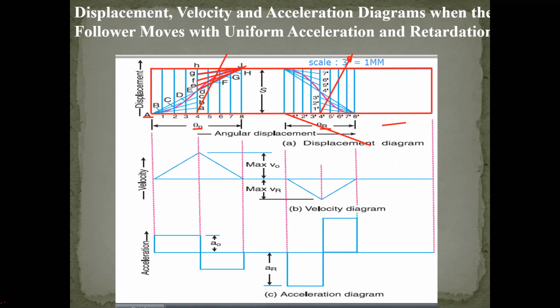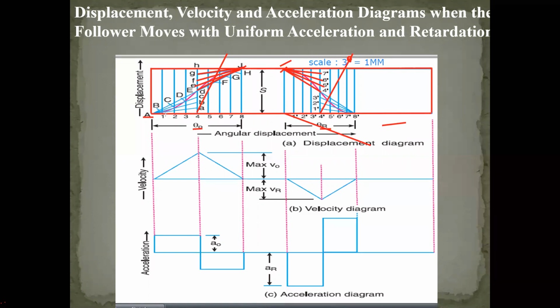And the same approach is also followed in our return stroke. So the return stroke is also divided into equal parts. This place is the beginning of the return stroke. Just 4 parts are divided. So the beginning of the return stroke is divided into 4 equal parts. Connect those 4 parts, and the others are connected with the end of the return stroke parts. That way you have to connect them.